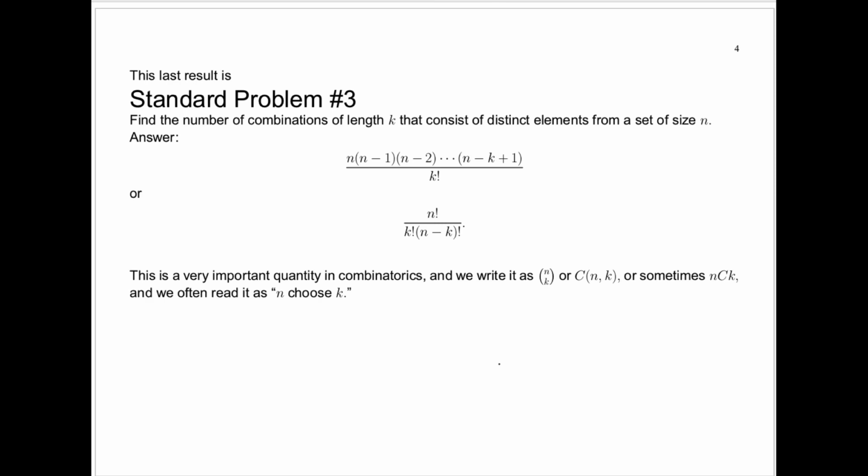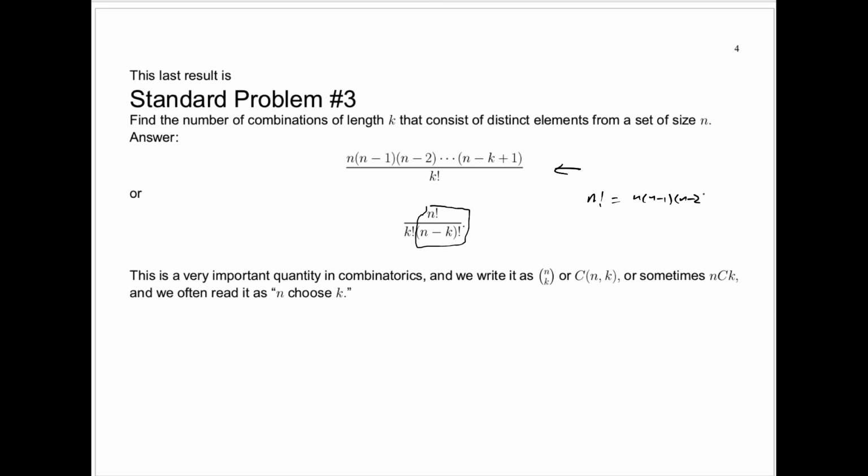This is the result in standard problem number 3. Find the number of combinations of length k that consist of distinct elements from a set of size n. The answer here is what we wrote down before, but there are other ways to write it. For example, that numerator here, n times n minus 1 times n minus 2 up to n minus k plus 1, can be written as n factorial over n minus k factorial, because n factorial is n times n minus